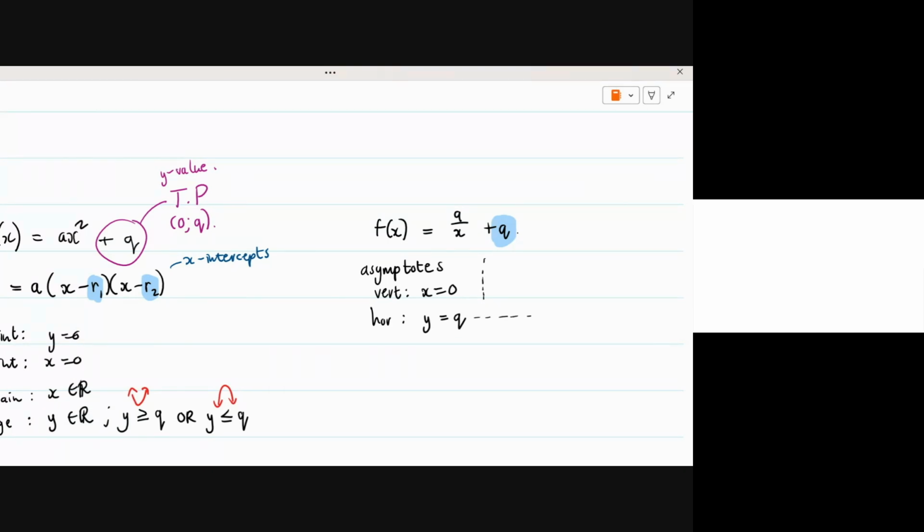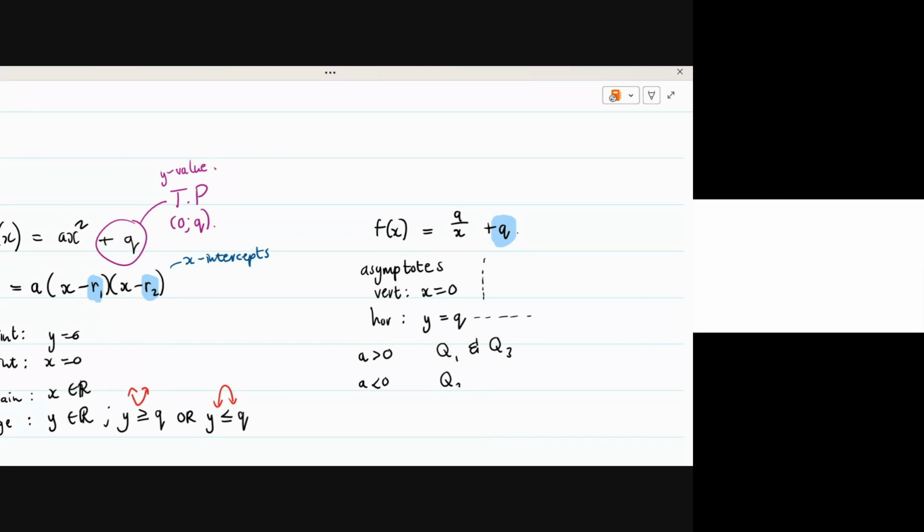All right, next thing we need to know is that if a, this value over here for a, is a positive number, so if it's positive, then we will draw our two graphs in quadrants 1 and quadrant 3. And if a is less than 0, so if it's a negative number, we will draw our graphs in quadrants 2